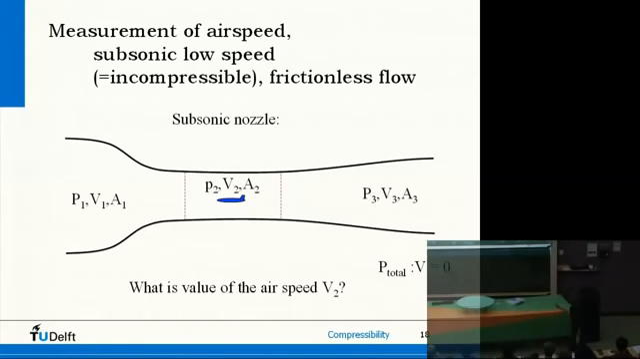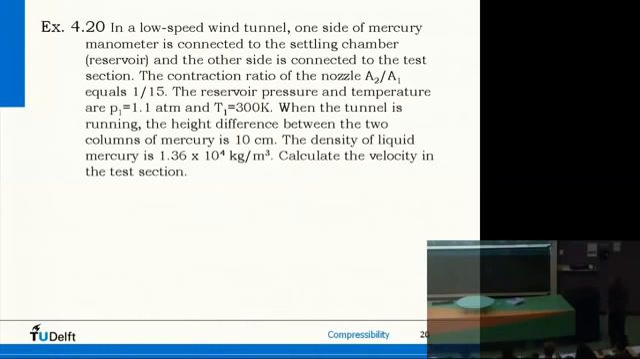So suppose again a wind tunnel, but now a subsonic nozzle. So we have a converging, diverging nozzle again, a test section here, certain conditions upstream, certain conditions downstream, and certain total conditions in the reservoir way up here. What is then the value of this airspeed here in the wind tunnel section? So I have an example with that,